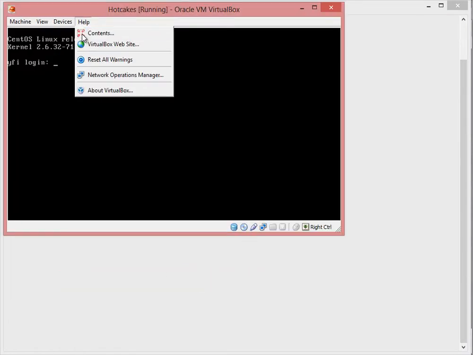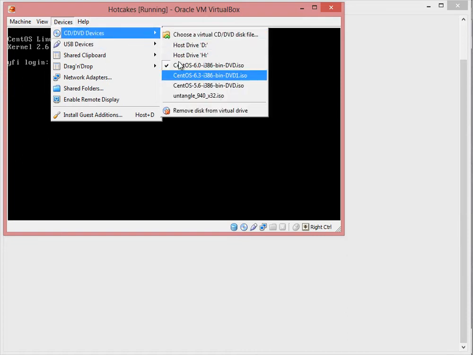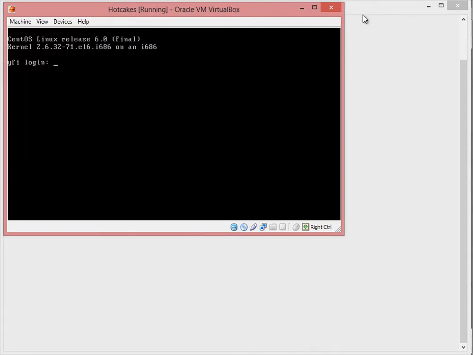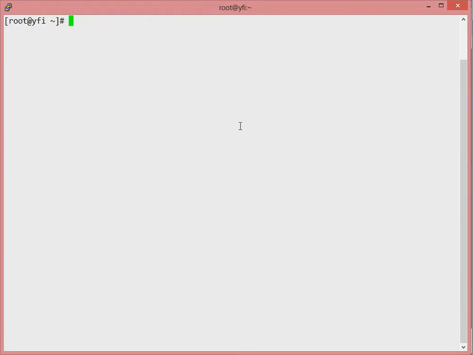Okay, so this you can actually do by just inserting the disk into your CD or DVD-ROM drive. So that's if you want to really install it from the DVD or the media. Alright, so the first thing I do usually when I have a basic install is to create a